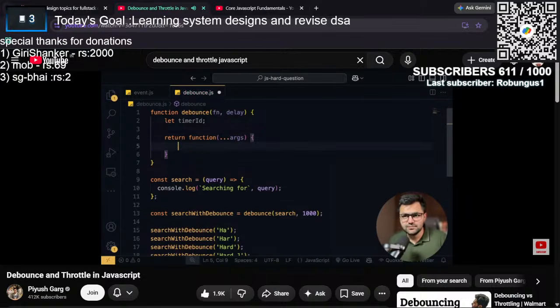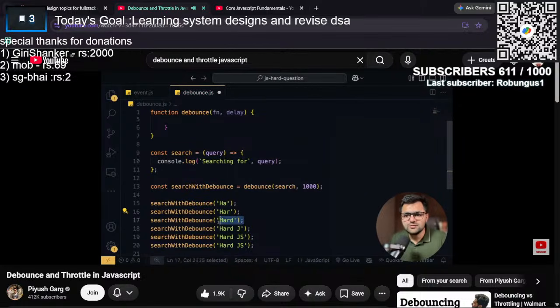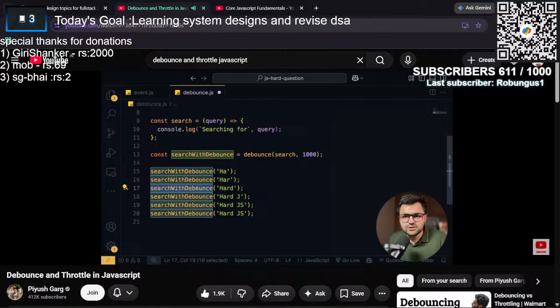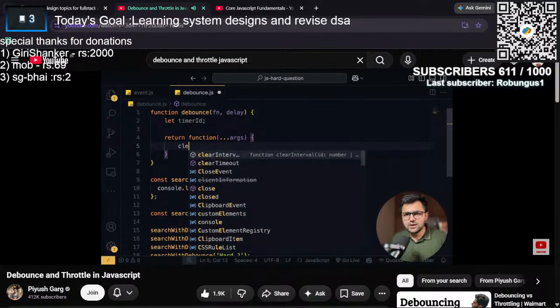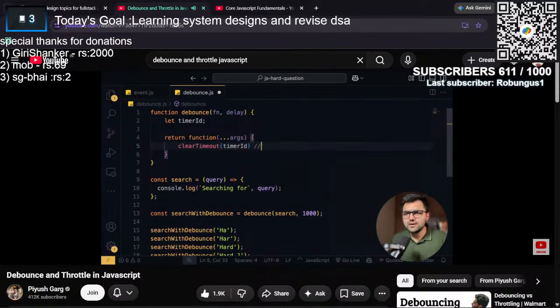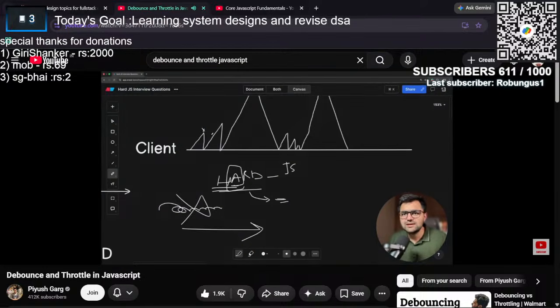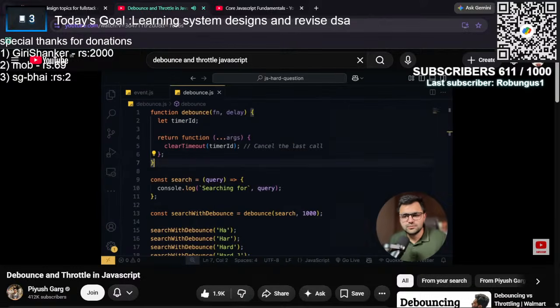अब देखो, जैसे ही ये फंक्शन कॉल हुआ, क्या मैं कह सकता हूँ कि इस फंक्शन का टाइमर क्लियर करना चाहिए। टेक्निकली जब यूजर ने "हार्ड" लिखा तो इसको क्लियर आउट कर देना चाहिए, हर अगला लेटर पिछले वाले को क्लियर करता है। तो सबसे पहले क्लियर टाइम आउट कर दो पिछला। इसका मतलब, दैट कैंसल द लास्ट कॉल, जो भी तुम्हारी पिछली कॉल थी उसको कैंसिल कर दो। हर एक वर्ड पिछली कॉल को कैंसिल कर देता है।